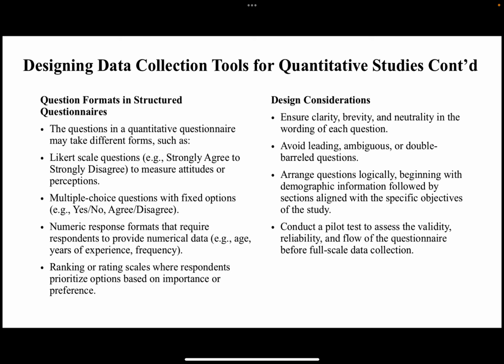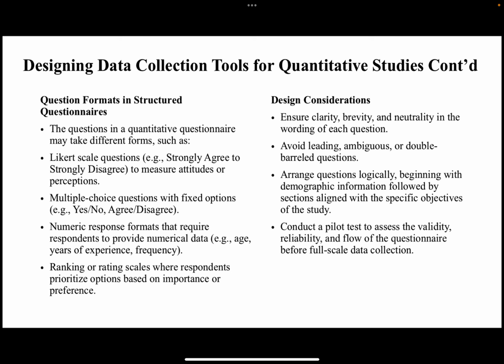Is that okay? Now, if you want to measure things like attitudes in a quantitative structured questionnaire, you can use Likert scale formats. Is that okay? So usually, if you are measuring things like attitude, it's preferred that you use the Likert